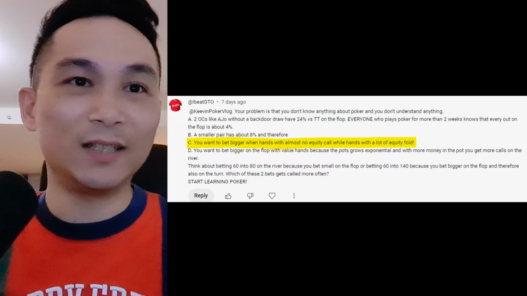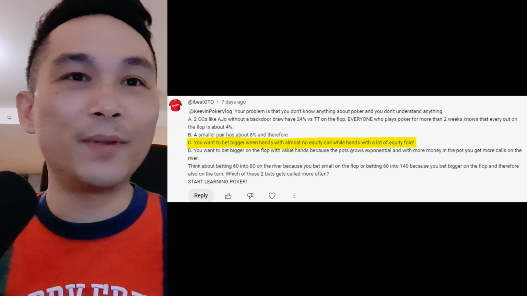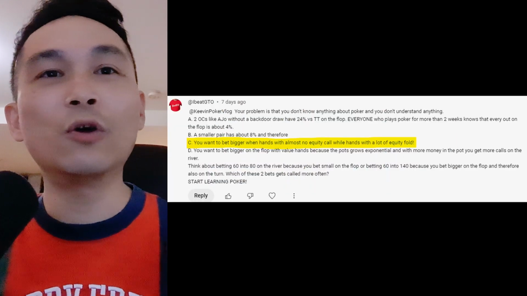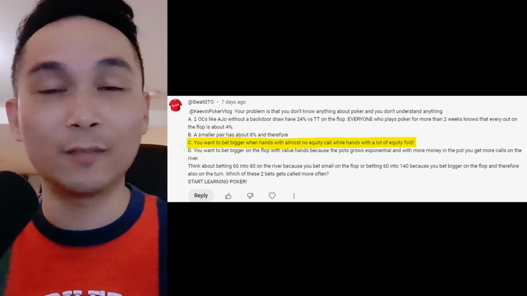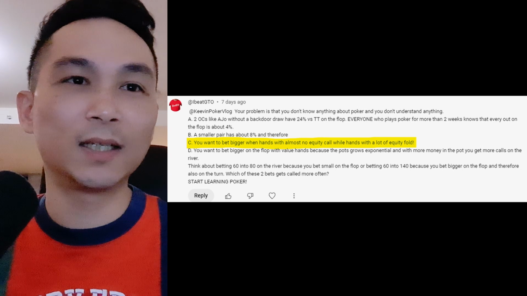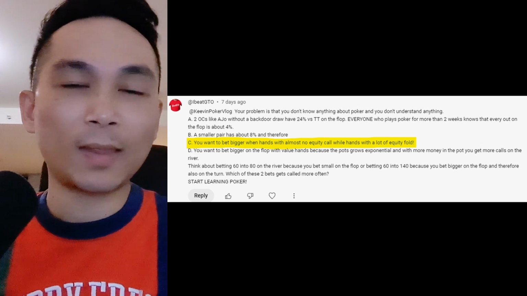Okay, so "C, you want to bet bigger when hands with almost no equity call, while hands with a lot of equity fold!" Okay. I read this sentence a few times over. I know there must be a point he's trying to make, but